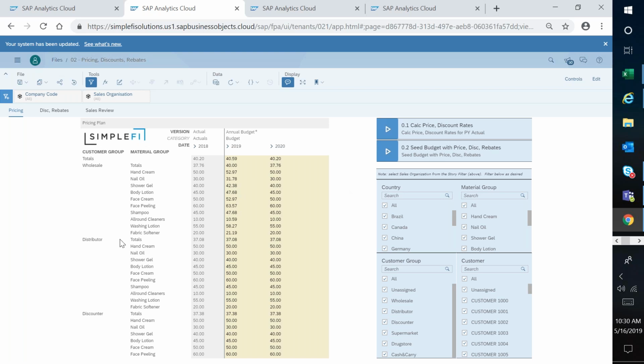But this is what I was mentioning, where I can come in and I can adjust an average sales price to be 52.50, some really expensive shower gel and nail oil. But when I do that, it will again then apply it so that the average is 52.50, right? I'm no longer doing a sum.